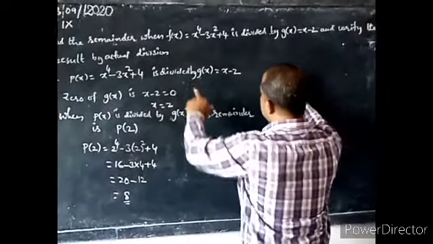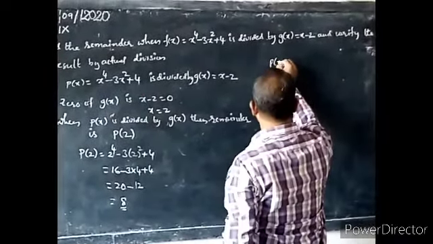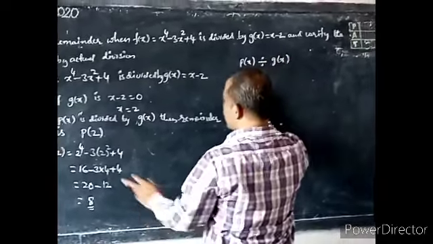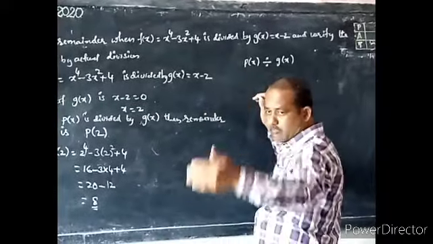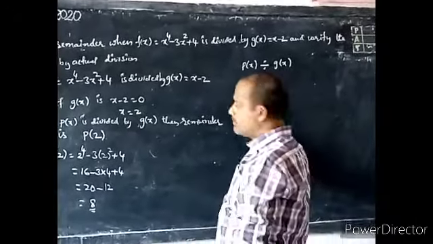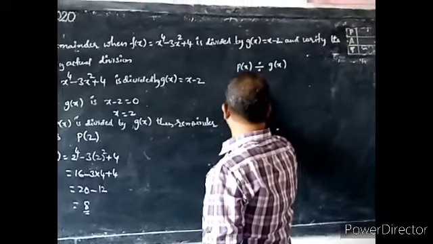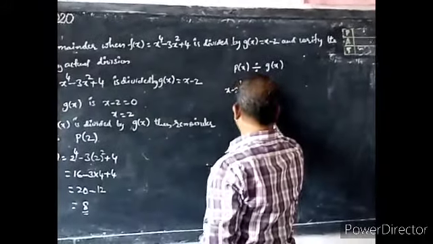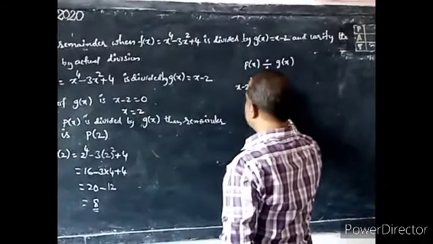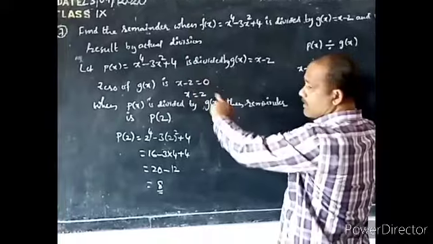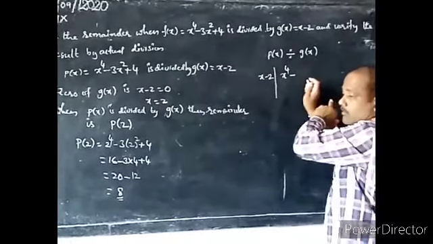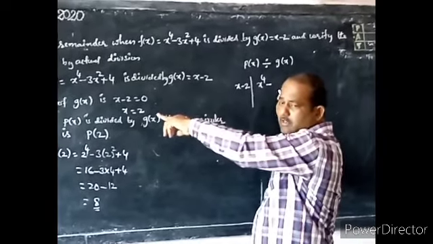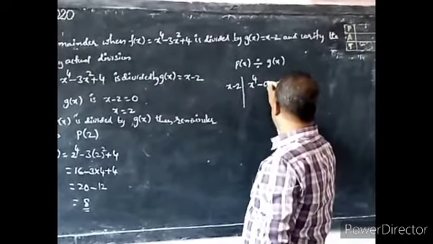What is the actual division? P of x is divided by which one? G of x. Which implies, as per the actual division, in the general way we do division, you have to follow that only. Here x minus 2 is in place of the divisor, and next write the dividend: x power 4 minus 3x square. But in general division, after x power 4 we should write the x cube term. Here the x cube term is not given, as per standard form, so 0x cube.